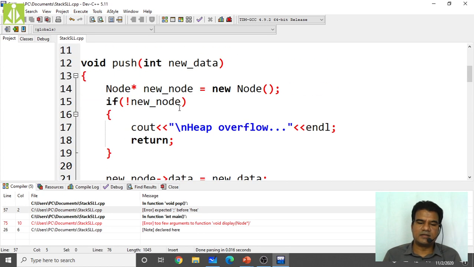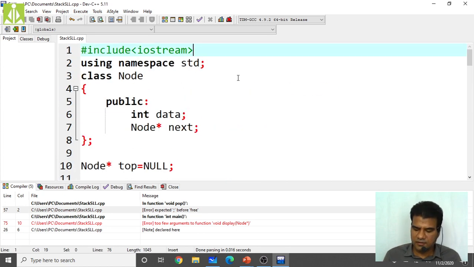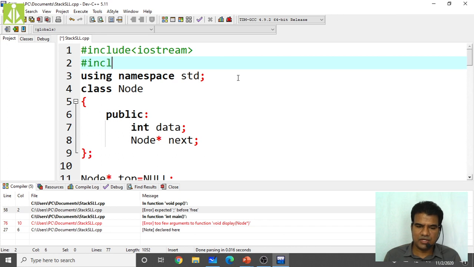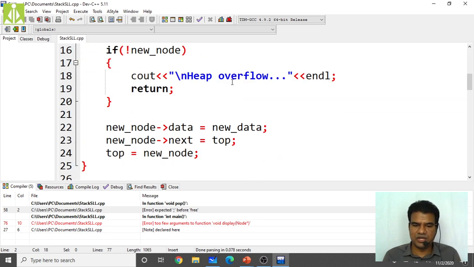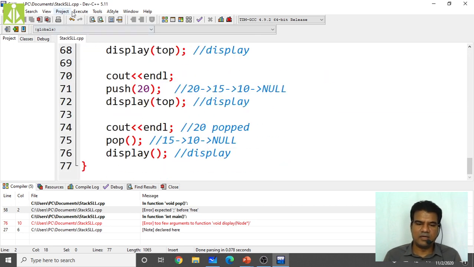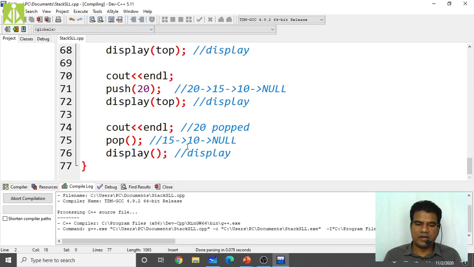Yeah, it is free. Stdlib I have to add. So that I am doing now. Hash include stdlib.h, because this free function is not there in your iostream, it is there in your stdlib. So that error I have cleared.